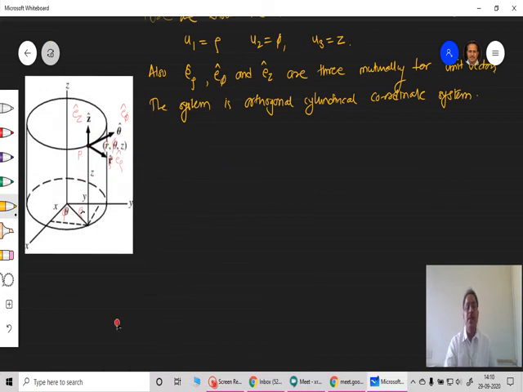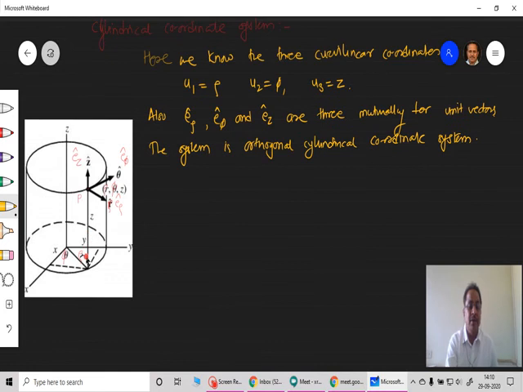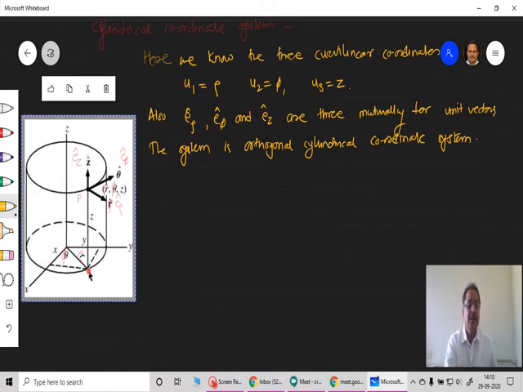Here, as I said, for this cylindrical coordinate system, these are the three. Once again, I am repeating for those who joined late. This is your origin. This is the actual point P having these coordinates rho, phi and Z, and its location on this is to be taken. So this coordinate is taken to be rho. The angle made by this rho or this vector with this x-axis is taken to be phi, and its location from this plane is taken to be Z. So rho, phi and Z are the three curvilinear coordinates in this case.